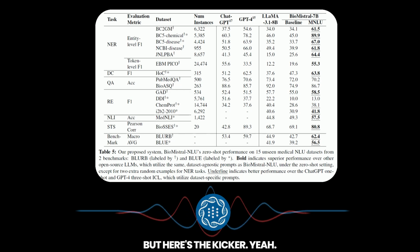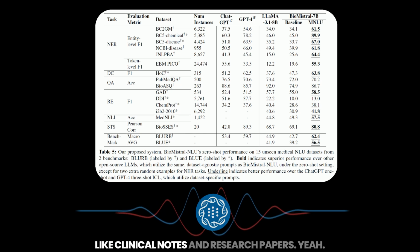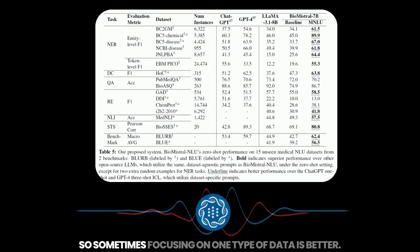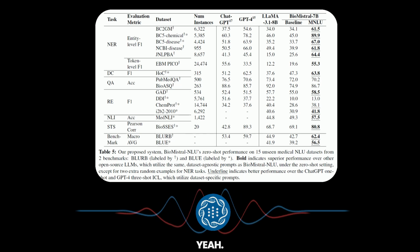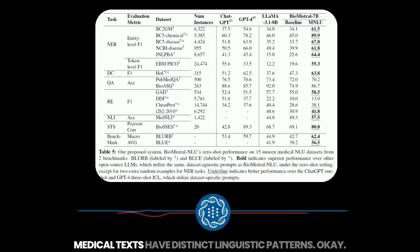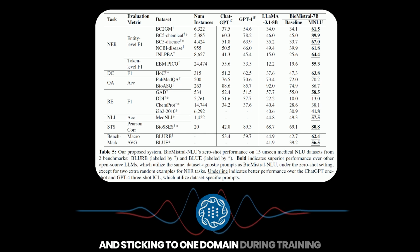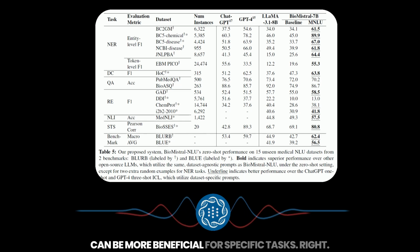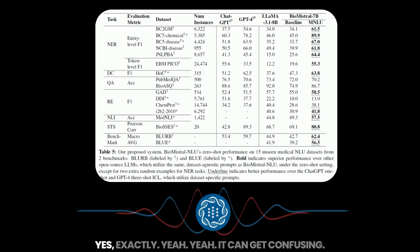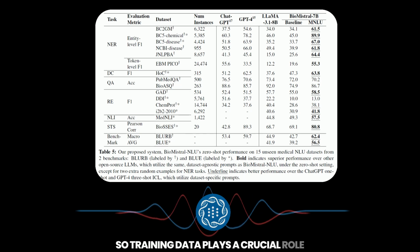But here's the kicker. Sometimes mixing different types of medical data, like clinical notes and research papers, actually hindered performance. Really? So sometimes focusing on one type of data is better. That's surprising. It appears that different types of medical texts have distinct linguistic patterns, and sticking to one domain during training can be more beneficial for specific tasks. It's like trying to learn two languages at once. Yes, exactly. It can get really confusing. So training data plays a crucial role in how well these models